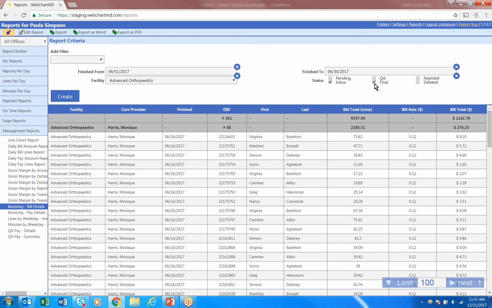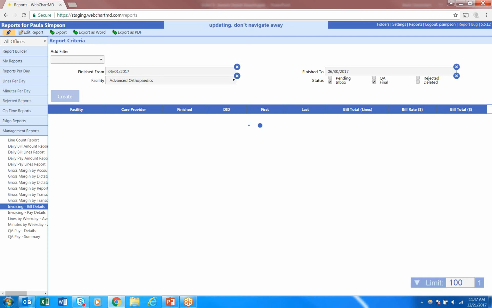Now you have other options. You could also invoice them for files in QA, for example, or files that they rejected. Or, and this for some accounts is an important and helpful feature, what if you've got a client who's deleting files and not telling you? You might want to check the deleted box as well to make sure you pick up anything that they've deleted from their inbox or final folder but not told you about. So having set that filter, let me rerun my report. I'll click the Create button,